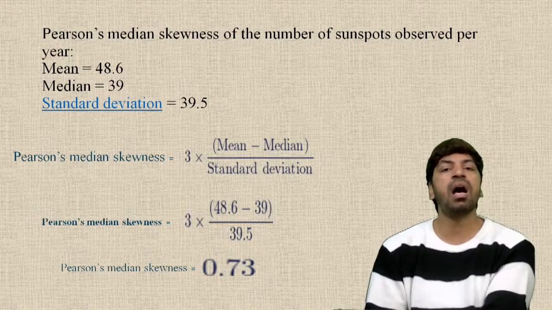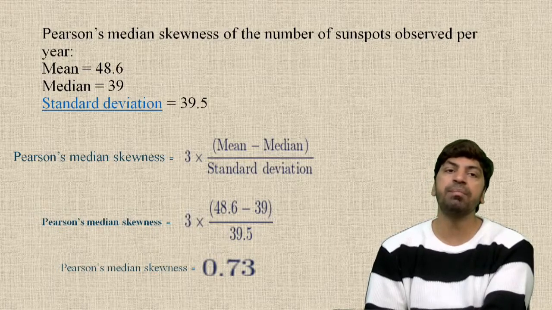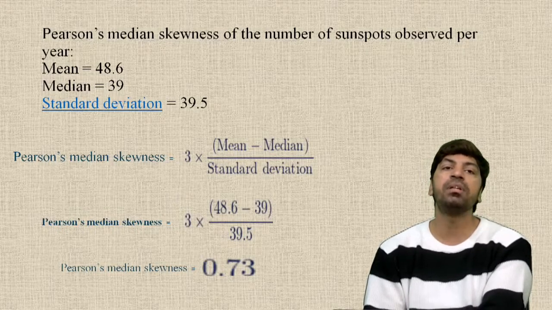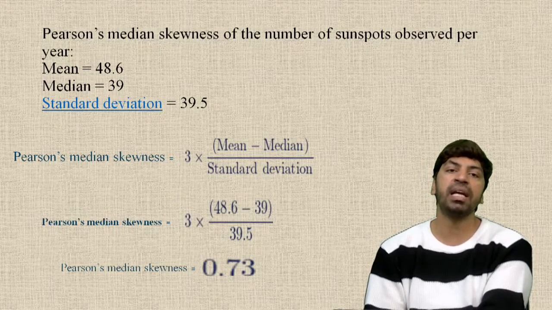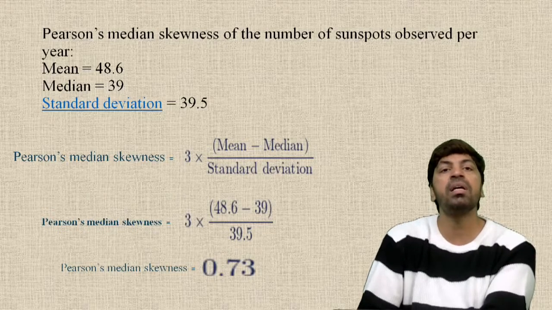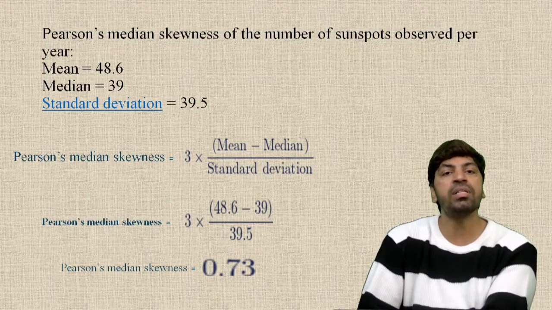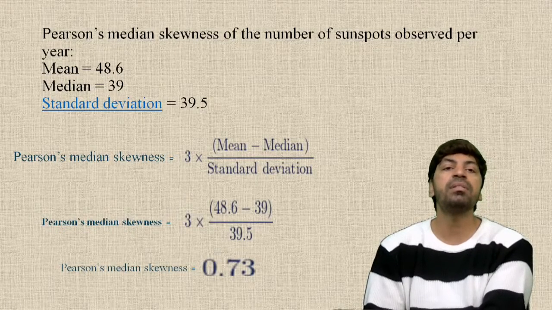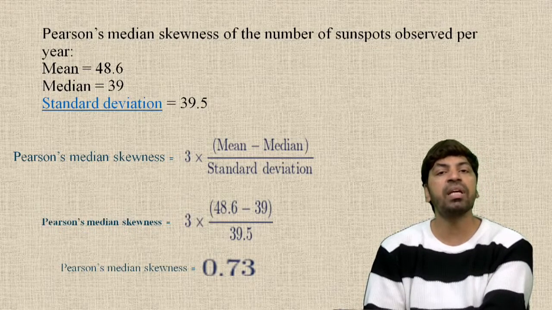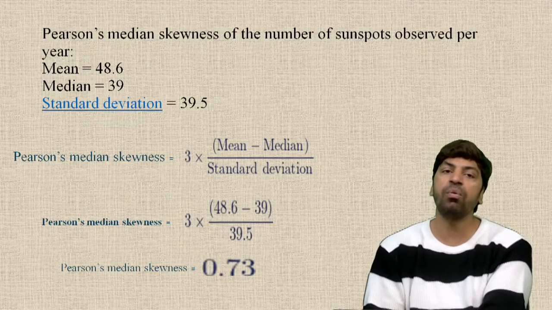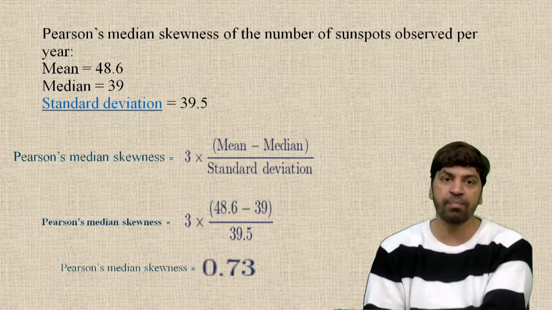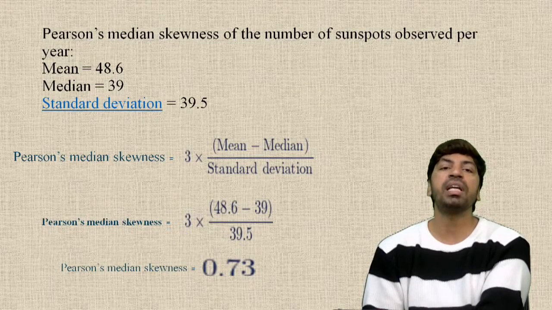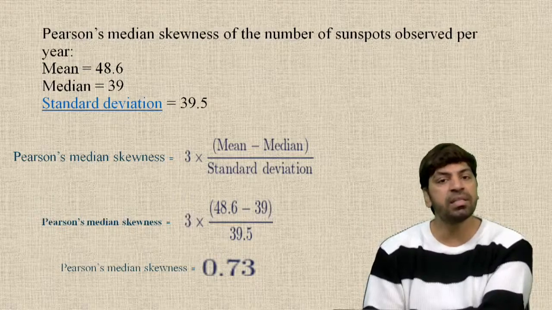So this is how to calculate the Pearson median skewness of the number of sunspots observed per year. Mean is given 48.6, median is given 39, standard deviation is given 39.5. How to calculate the Pearson median skewness, that is 3 into median minus mode by standard deviation. So the Pearson median skewness is 3 into 48.6 minus 39 by